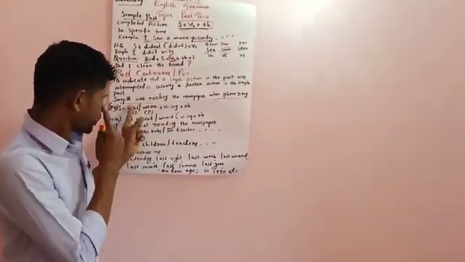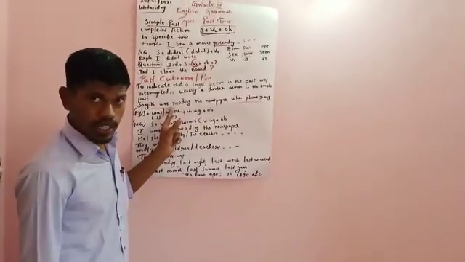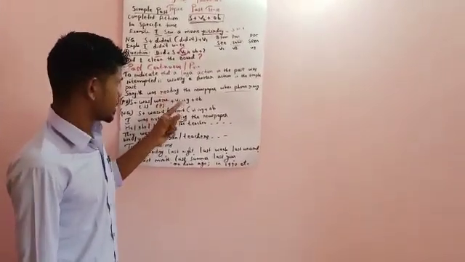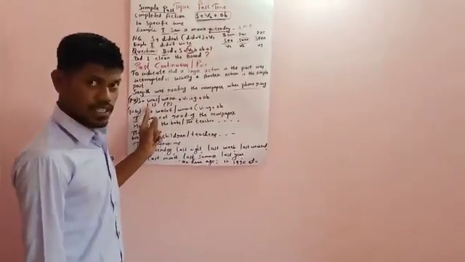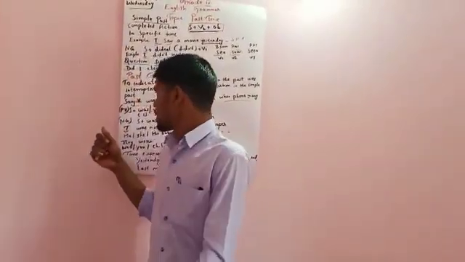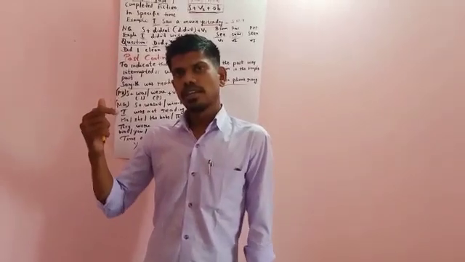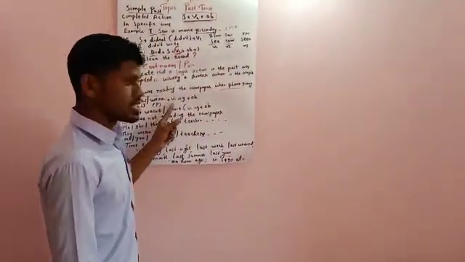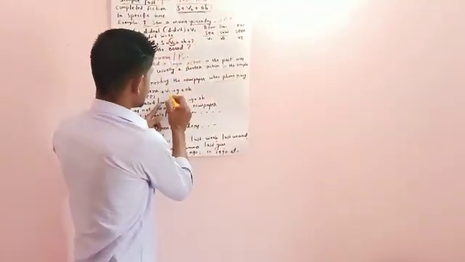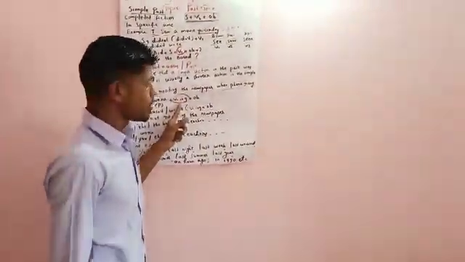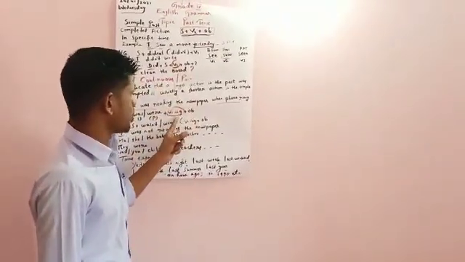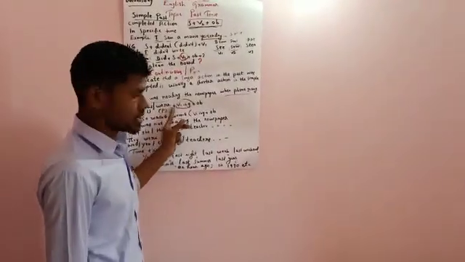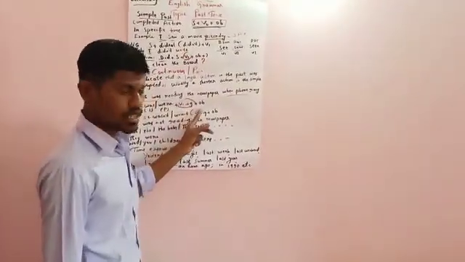Once again, when I woke up, or when I saw, my father was writing a story, etc. So the structure is that first you use the auxiliary past form. The present forms are is and are; the past forms are was and were. So was, were plus, since it is a progressive continuous tense, I told you to keep in your mind that wherever you hear the word continuous or progressive, you are supposed to use V1 ing. So was, were plus V1 ing, that is verb 1 ing, then object.